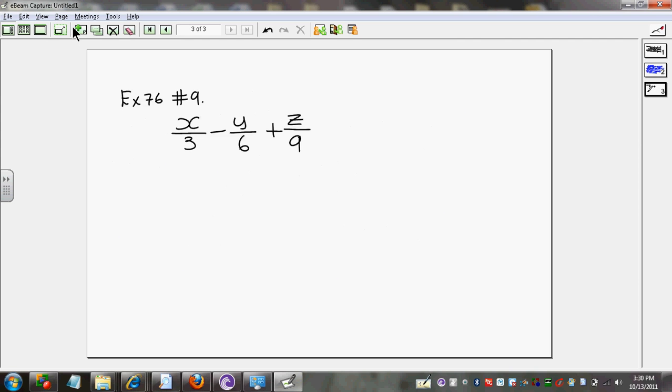So we're looking at exercise 76, number 9. In this question, we are asked to find the HCF of the following. Now what we are told in finding the HCF of fractional terms,